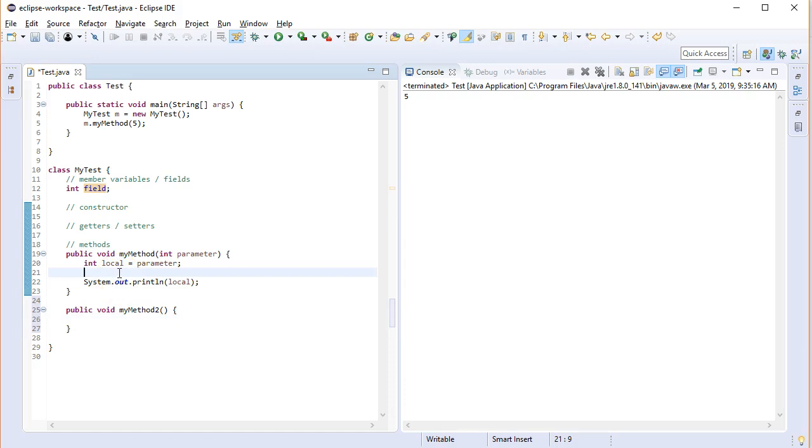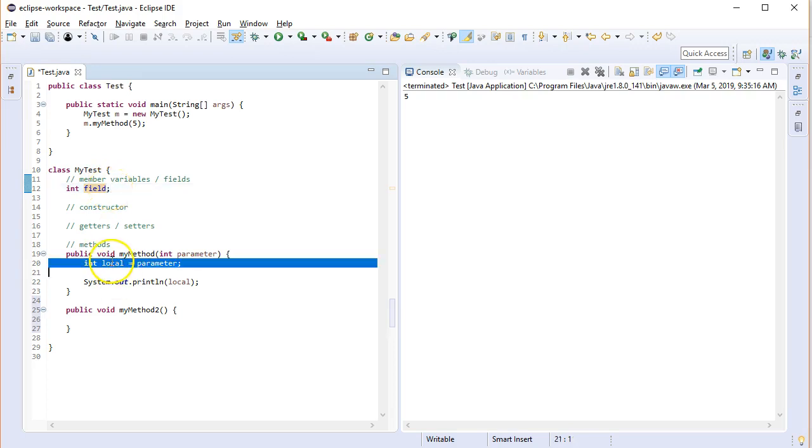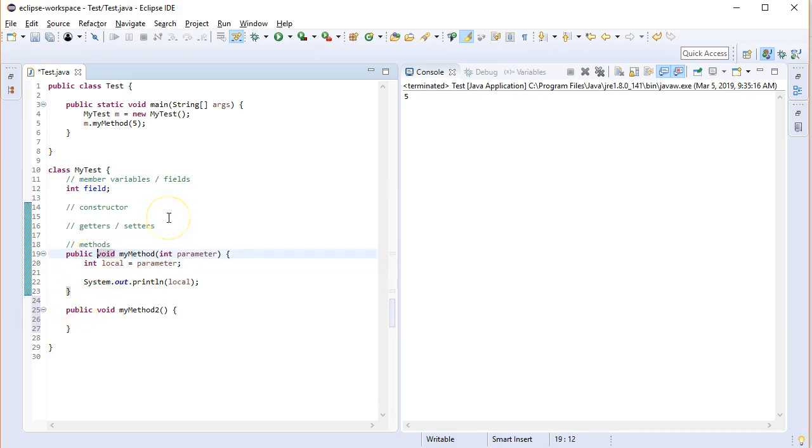Another is when are fields created? With a local variable, whenever you call a method, the local variable is created. You may also remember that there is this thing called static, right? When we have main, we always do static. What static says is that this method can be called without ever creating an object. Normally, you'd have to go through a constructor. If you have a static function, you don't need to call a constructor and create an object before you call this method. But assuming that it's not a static function, it's a method on the class, then